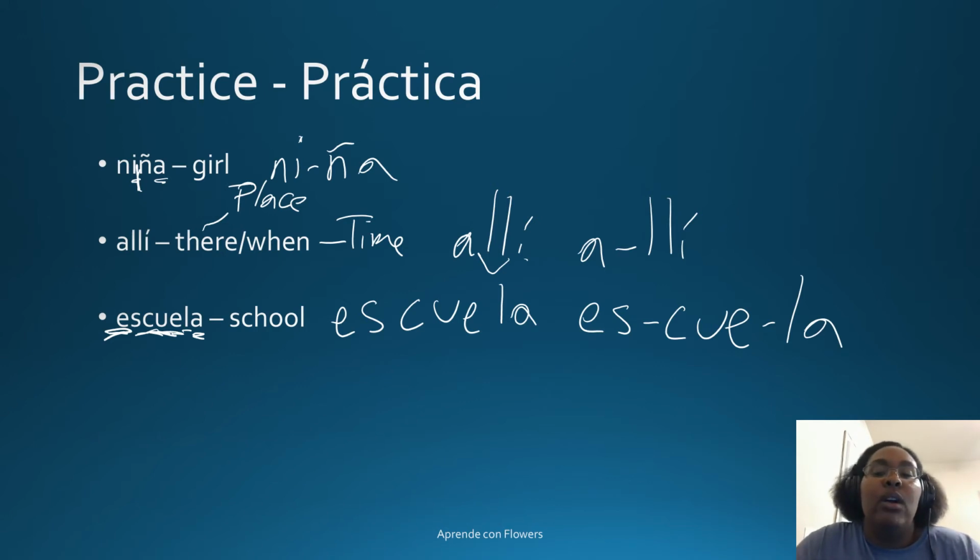Now, some people might be tempted to break up the U and the E, but that is what's known as a diphthong. I'll talk about that when I talk about the vowels, but for right now, just believe me, you don't want to break them up. Although if you go, voy a la escuela, escue, you can still get your point across, but it sounds better if you leave those 2 together and go